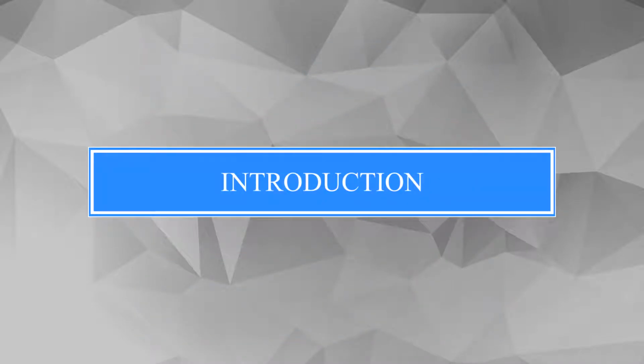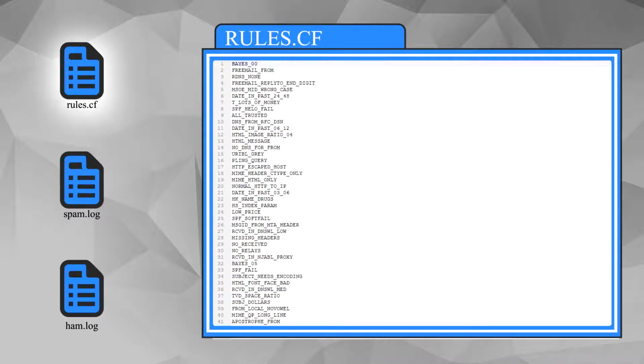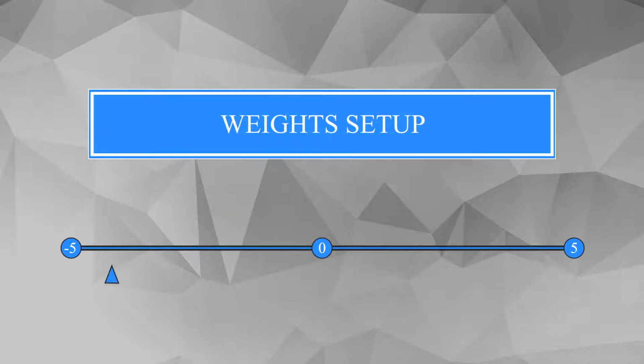Firstly, we need three files: rules.cf, spam.log, and ham.log. The rules.cf file will contain a list of rules, which basically are tags that are associated with an email depending on how the anti-spam filtering software works. But our software will worry only about associating values to each rule, values that we call weights. The weight values range from -5 to 5 and are used to determine if a message is considered spam or